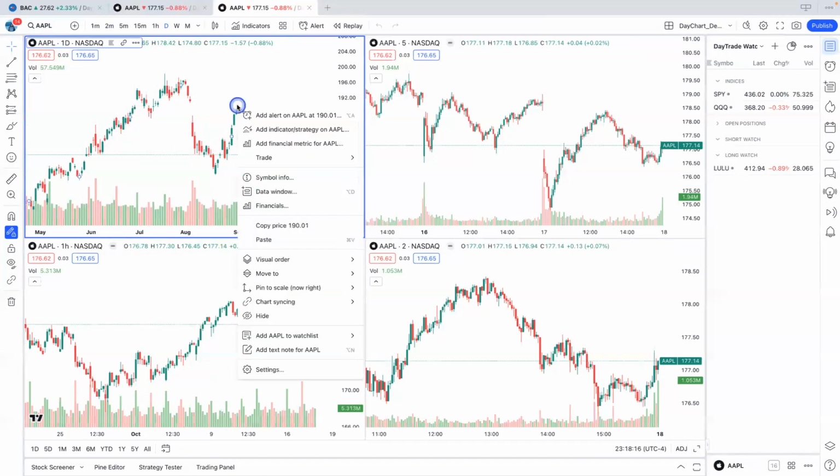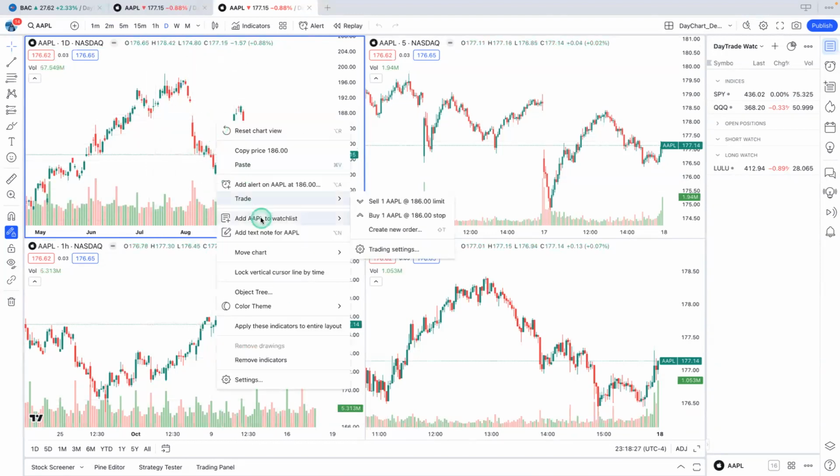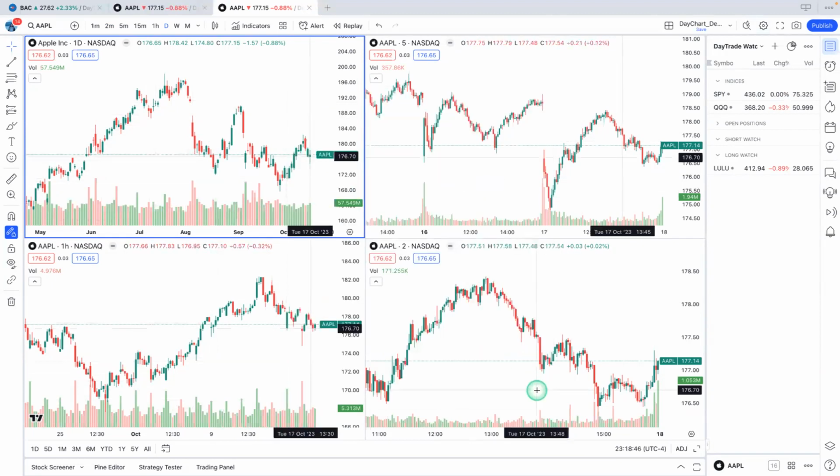So what you can do is you can right click and then go to settings, right? So what you do is you select the window that you want to adjust, you right click, go to settings, and you can see over here under status line, the second option, the title, currently is selected as ticker. I want you to observe the moment you change it to description, right? Say description, and if you click on OK, okay,